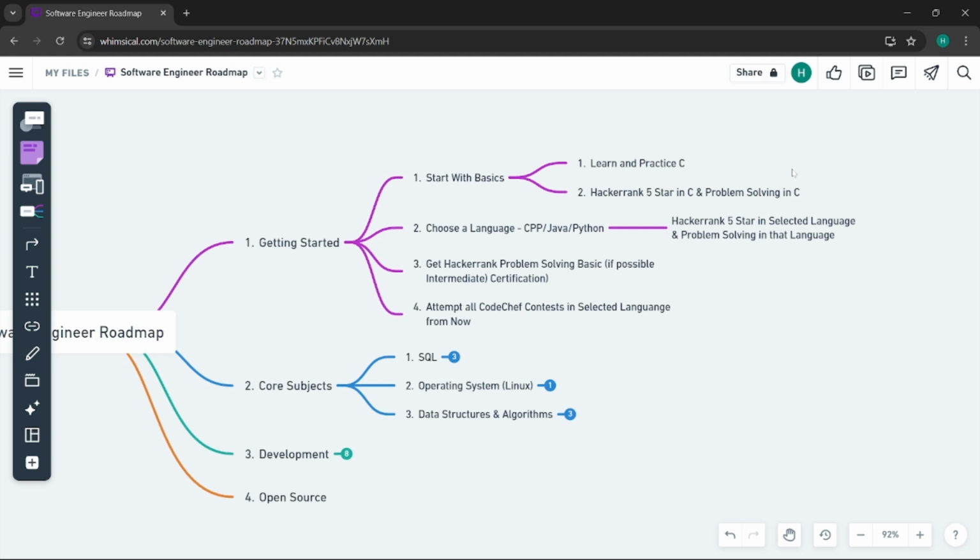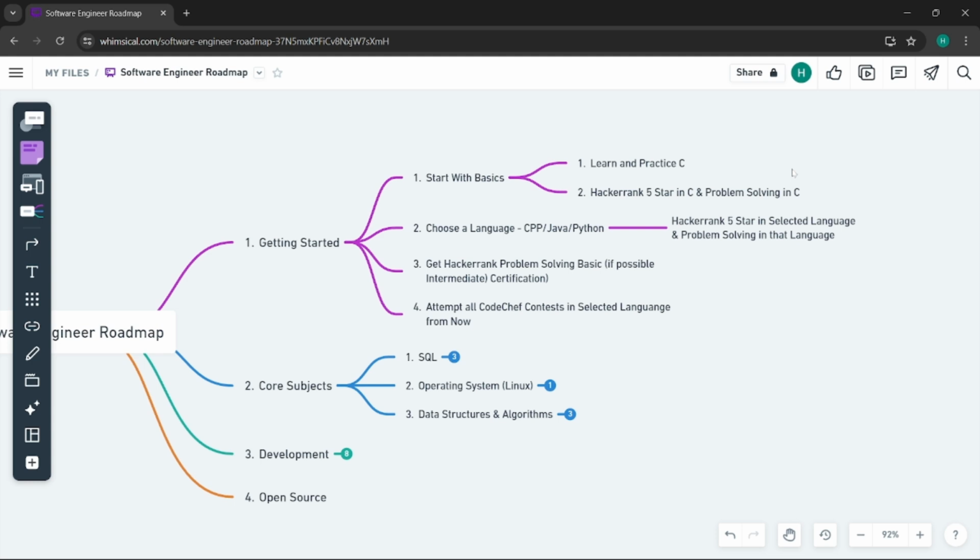These three languages are available. You can choose any one of them. Generally nowadays people are preferring Java. This is just a personal suggestion. You can go for Java because many industries and many companies are using Java, and Java is, we can say, an all-rounder language. Using Java, we can build backend systems using Spring Boot and all that stuff. We can also do DSA.